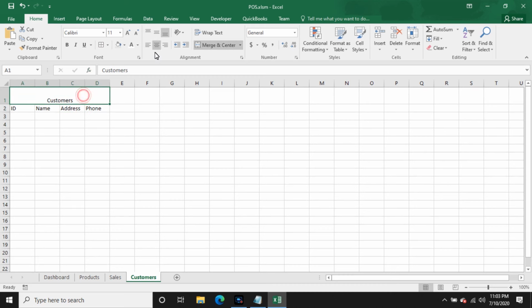So select this one like that, and Adobe Arabic, white, and the background color should be here like that, and from 1 2 3 4 customer name